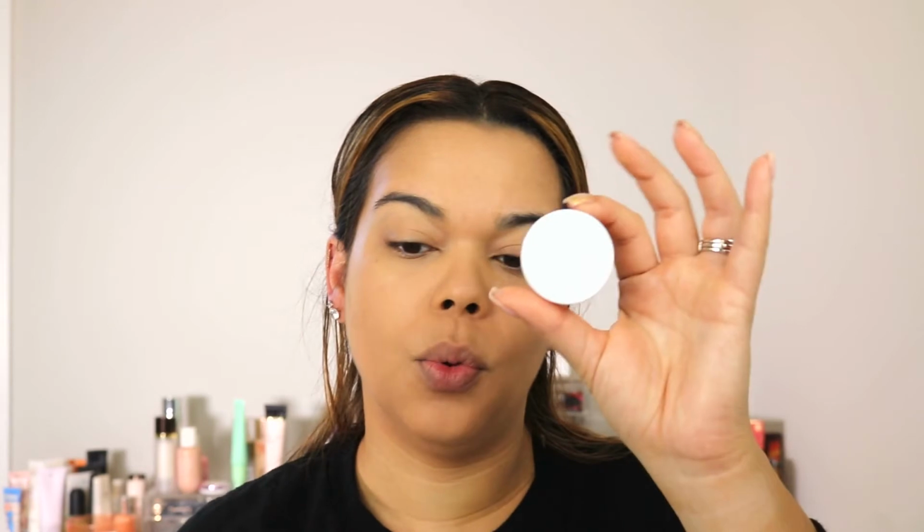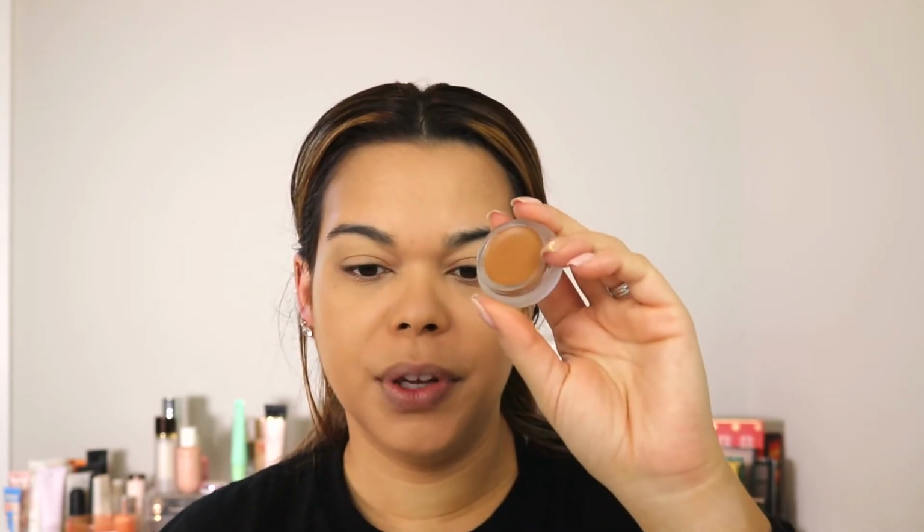I believe this is a foundation and a concealer in one. They also have a bigger pot that's just the foundation. I got this in the shade 66 to use as a bronzer. I love using cream foundations to bronze up, warm up the skin, especially when I am